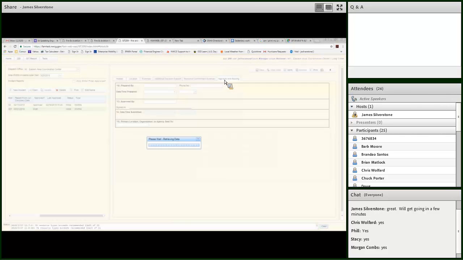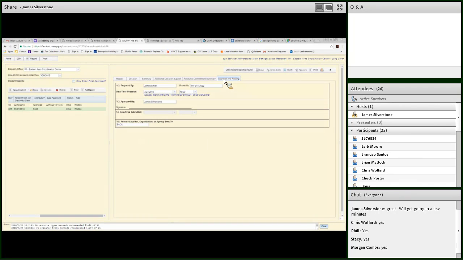And I'm just going to tab over to approval. And say we completed our 209. We just need to finish it and approve it. And I just wanted to, some people get a little confused about this. The prepared by,